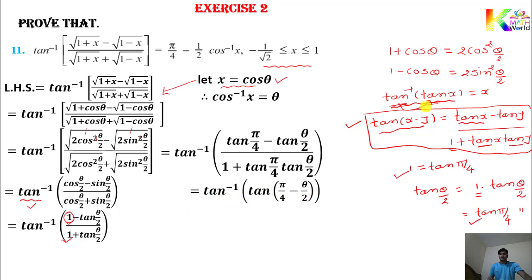Okay, now both are inverse of each other. You can see here both are inverse of each other. Then we can put the answer as x. Instead of x, what do you have? Pi by 4 minus theta by 2. You get the answer: pi by 4 minus theta by 2. Okay, now what is your theta? Theta you can see here. So we get pi by 4 minus cos inverse x upon 2. That is your answer, 1 by 2 into cos inverse x. So that is your right answer.